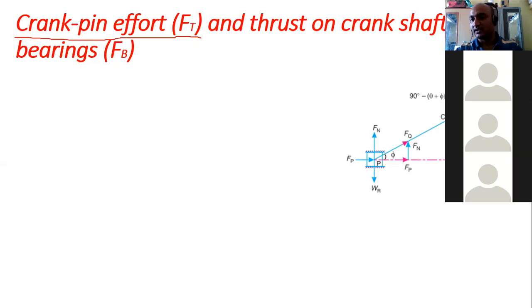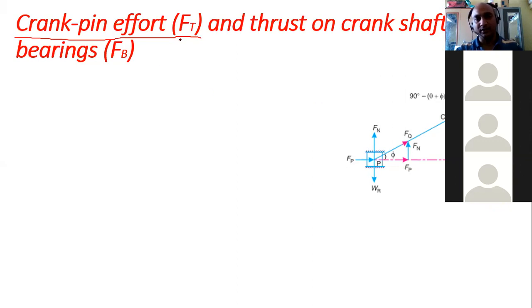Okay, this is called thrust because this is the force perpendicular to the crank. This is also the linear velocity of the crank. That's why it is called Ft, the thrust force. So the thrust force is always perpendicular to the radius, to the crank. Therefore the torque generated by this particular crank will be equal to Ft into R. That is the next part.